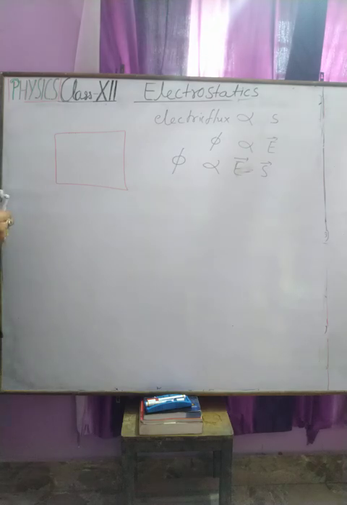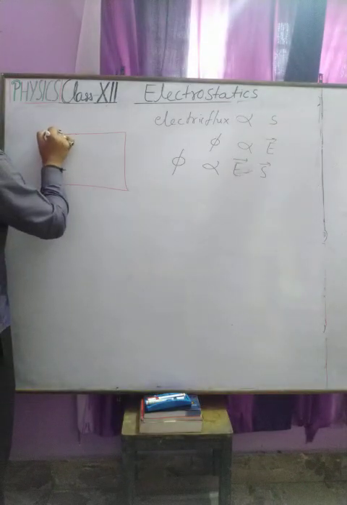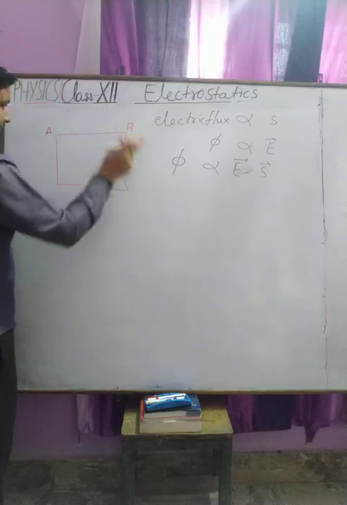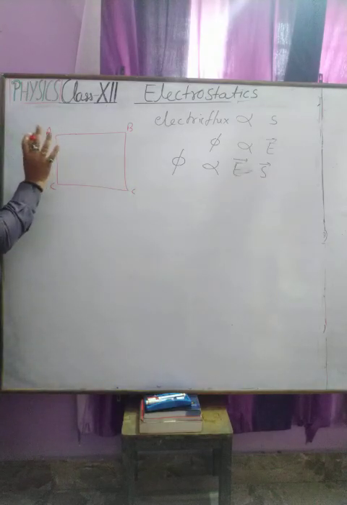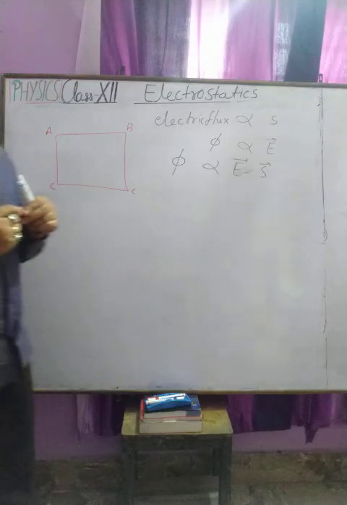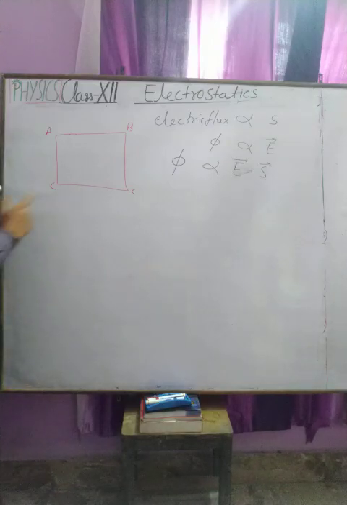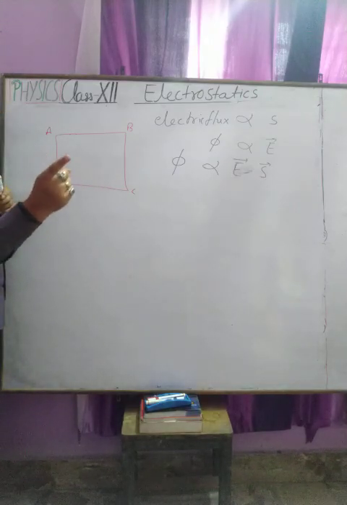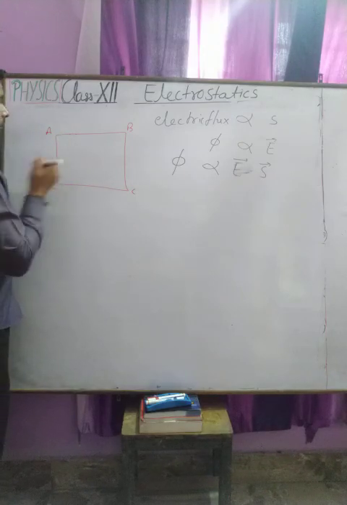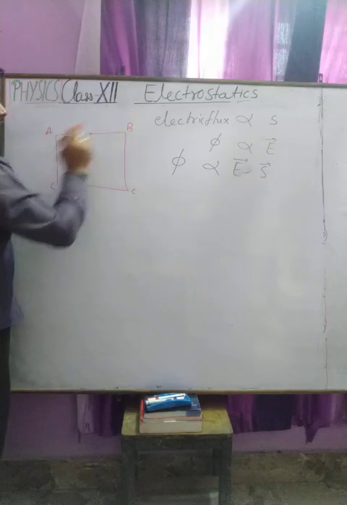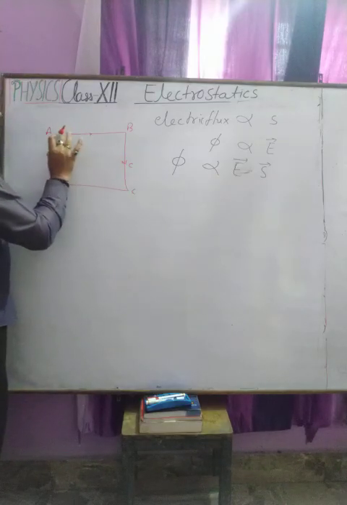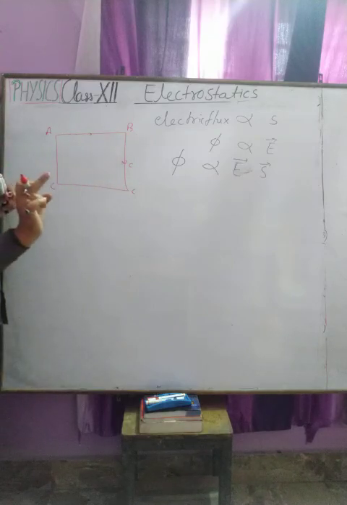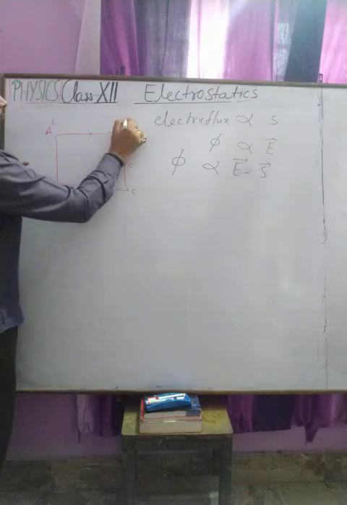Suppose we have a rectangular surface with the corners A, B, C. A person stands at point A and wants to go to point C. One can instruct him to go by line A to B and then B to C. So this length AB has magnitude as well as direction, from left to right.